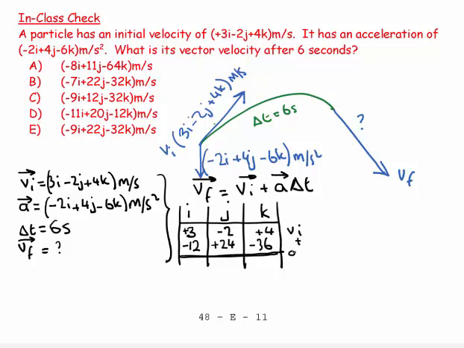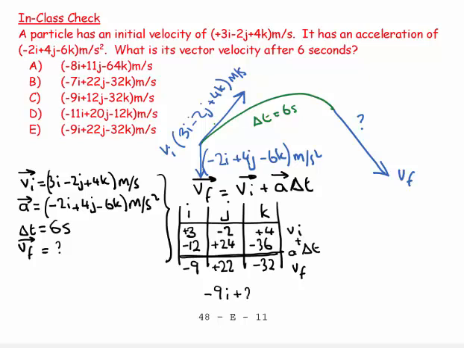So this was delta t. And so I'm going to try and find my vf. Well, my vf is got by adding these two guys together. So I go minus 9, minus 2 and 20 plus 24 is plus 22, and then plus 4 and minus 36 is minus 32. So I would write down my answer as minus 9i